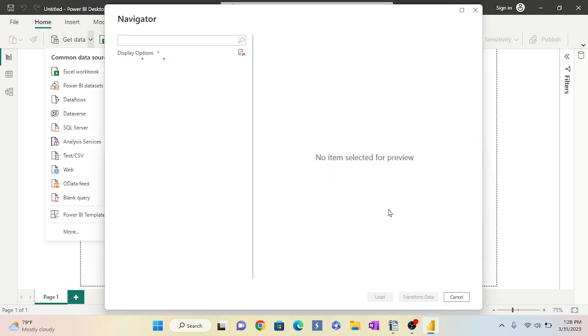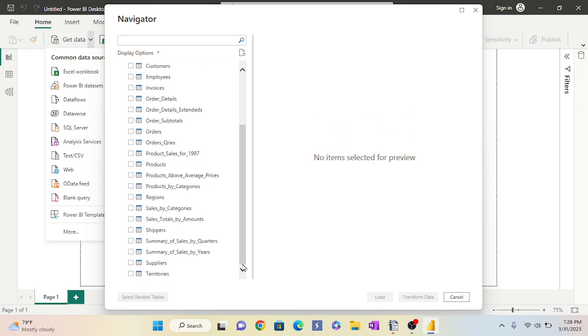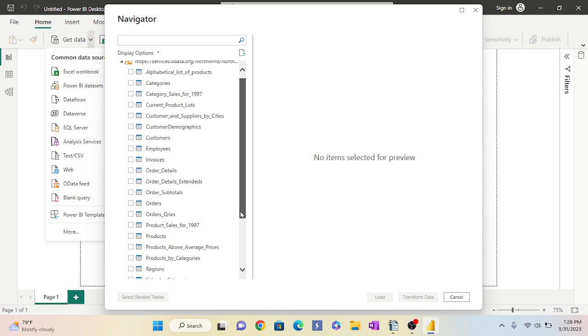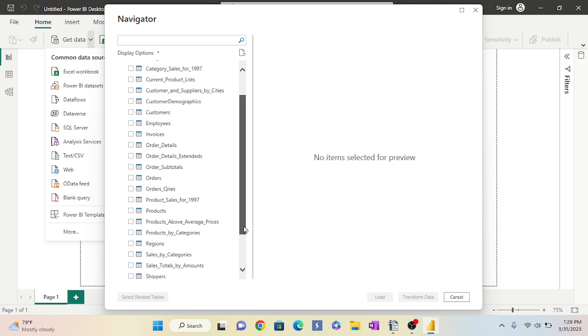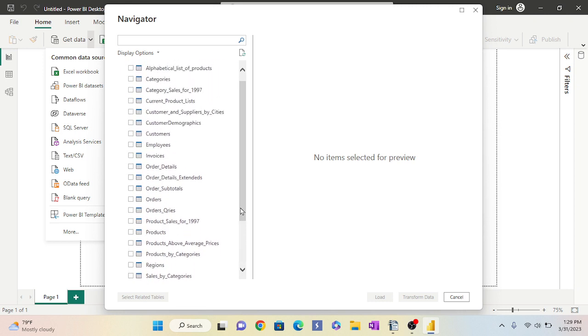As soon as you give the URL number, it will show you all the tables that this public data has. But today we are going to work only on 5 tables of this data, and from there we will go on. Before, there are 2 ways. First, let me